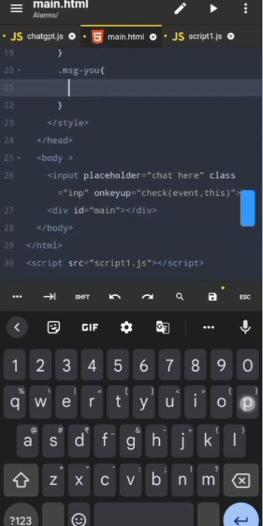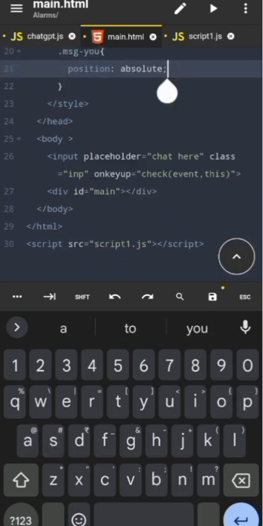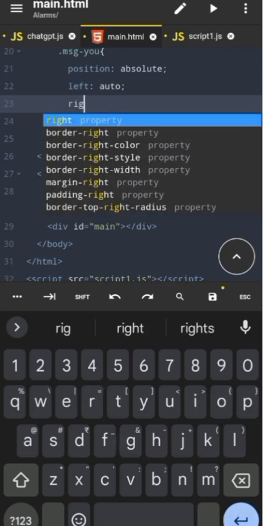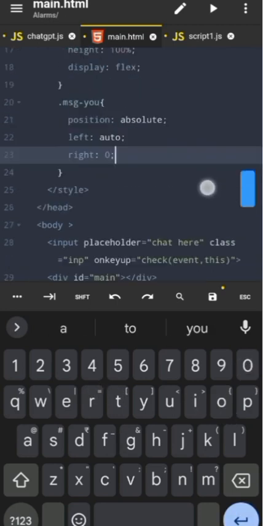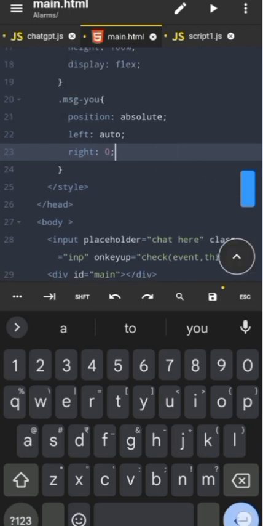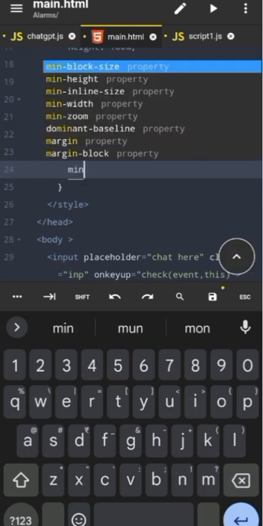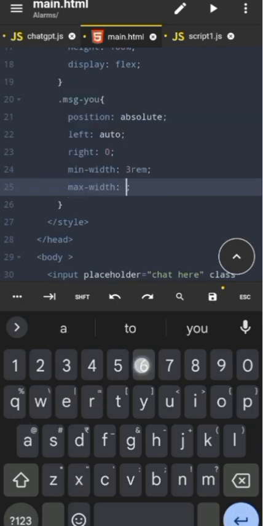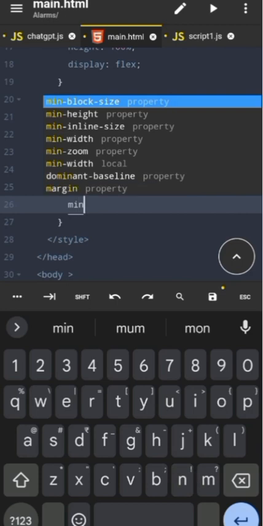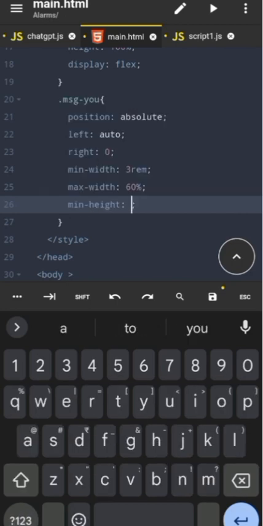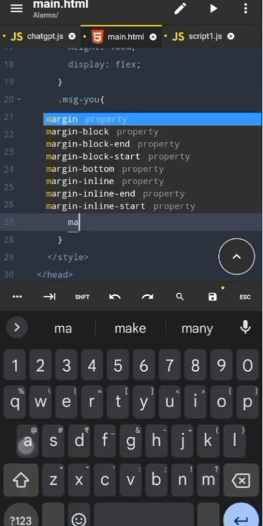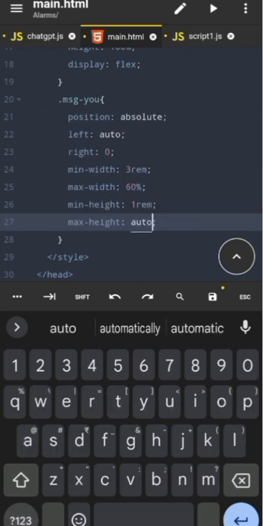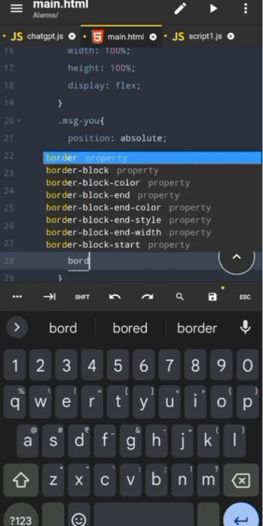So we would need the position to be absolute, so we would write position as absolute and left as auto and right as 0. So this will be aligned on this side of the page, this side of the page, this message will be aligned. Now we will need to add a minimum width of about 3rem and a maximum width of about 60%, and a minimum height of about 1rem, and a maximum height will be auto because we don't know how long the message will be. So this is all the code, and we will also add, for instance, a border radius